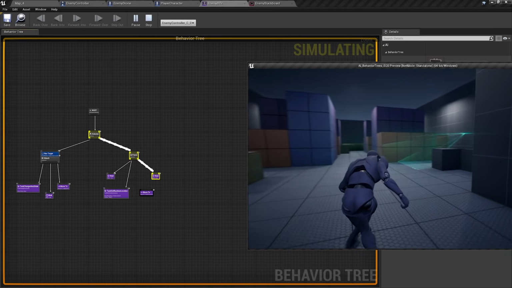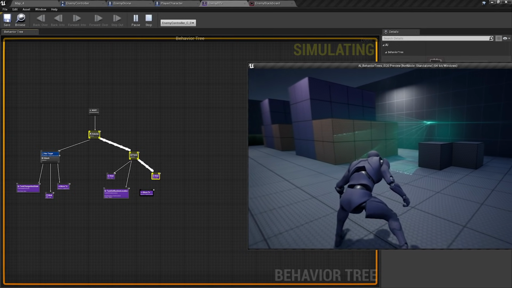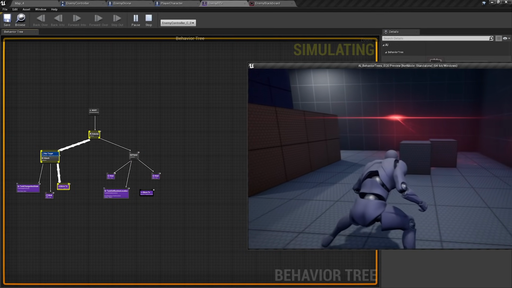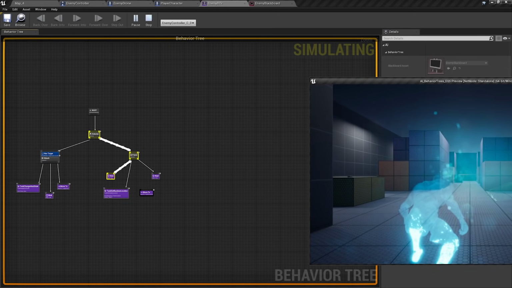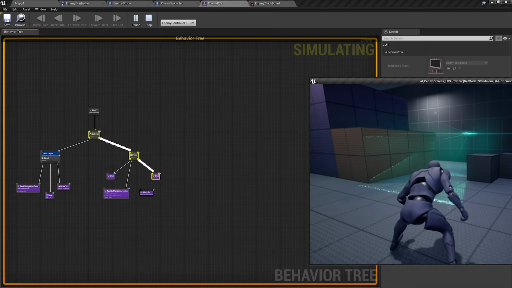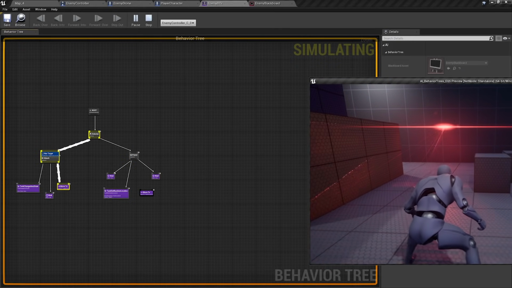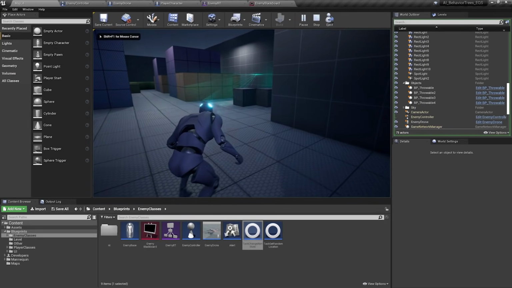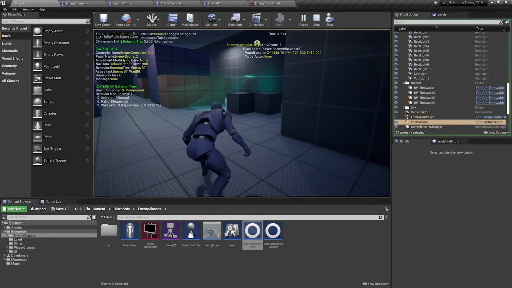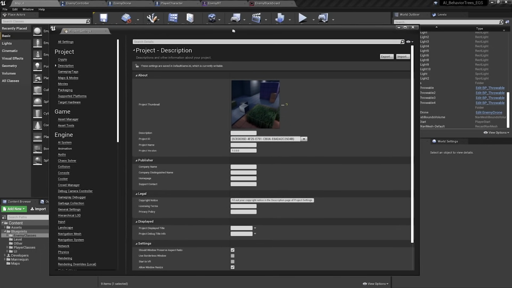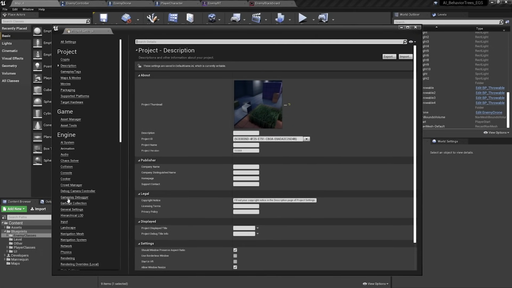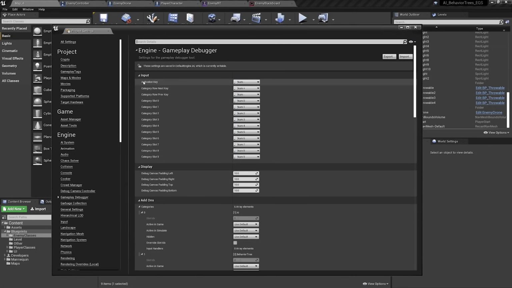We have now covered most of the features of Unreal's AI framework, so let's now talk about debugging. Unreal comes with a built-in visual debugger for AI features. So let's check that. To show the gameplay debugger UI, press the tilde key during play. You may have to configure another key in the project settings, then gameplay debugger.